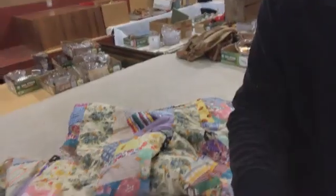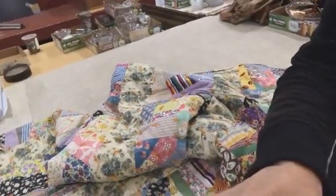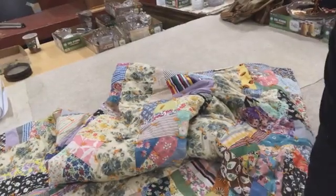The other thing I wanted to show you is a quilt. And this one is pretty old. There are 5 quilts, I think, in the auction. None of them are new. All of them are a bit worn. They have been in an attic, a dry attic, for I don't know how many years. But